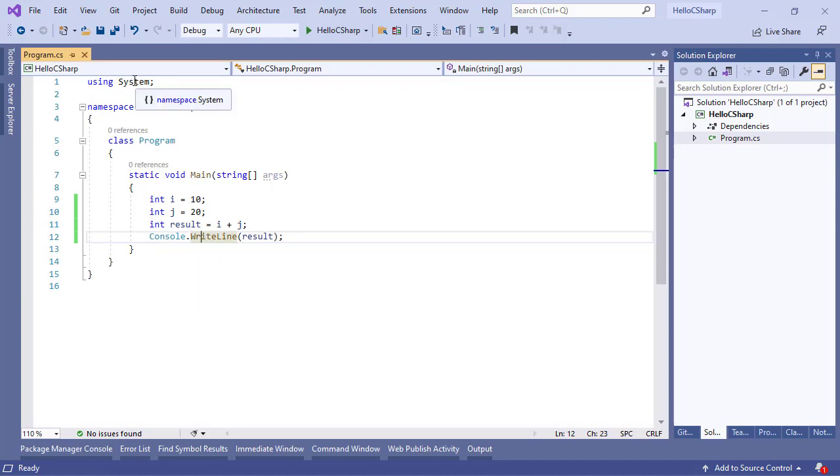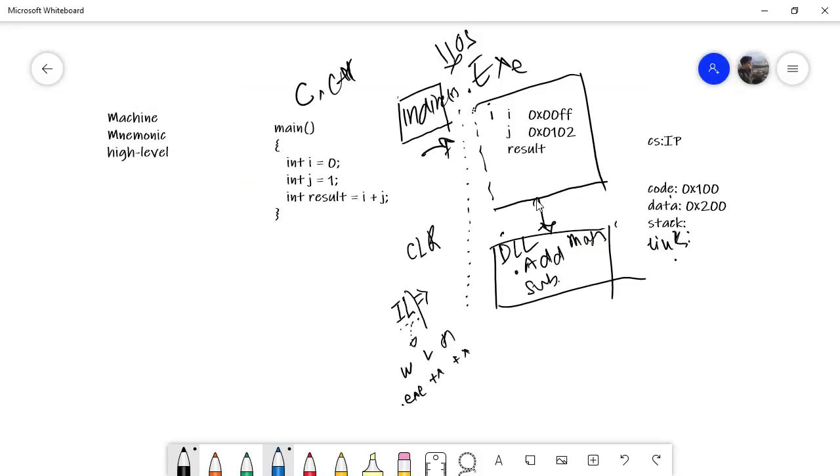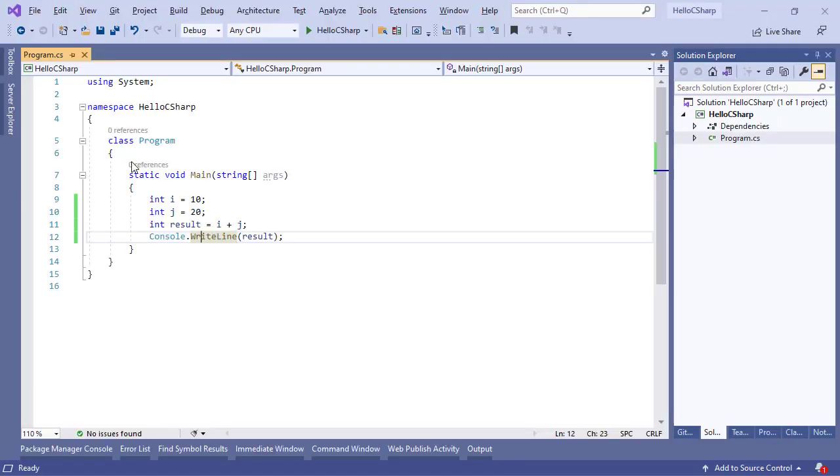It is present in the System assembly. And this is what I meant by including other people's code inside our application through specific DLLs. Now, there is something called a namespace. It is a segregation boundary. When you're working on a complex application, to have a boundary,